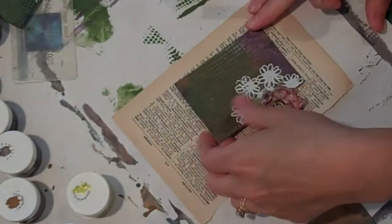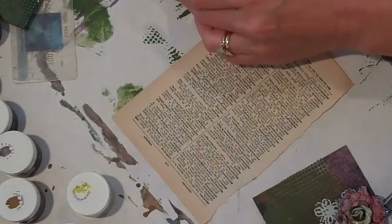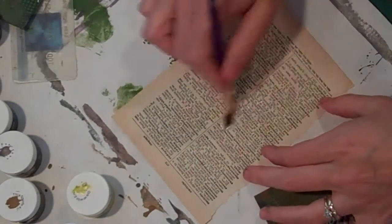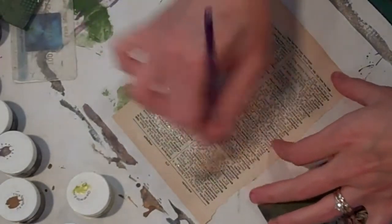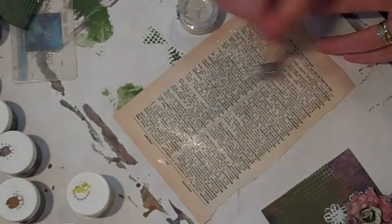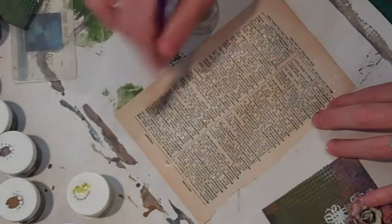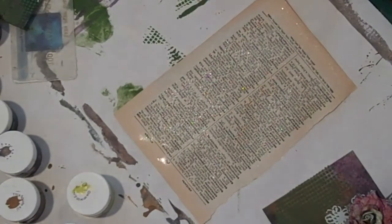I just wanted to add a little extra sparkle to my background, so I've opened up a pixie dust Blings, just to add a really nice sheen. And this is a real beautiful iridescent Blings. I stirred this up first before I started using my brush on it. I'm just going to do a really light coat, and I don't know if you can see the sparkle that it gives, but it is just gorgeous. And I'm just going to really quickly coat that, then leave that to dry,